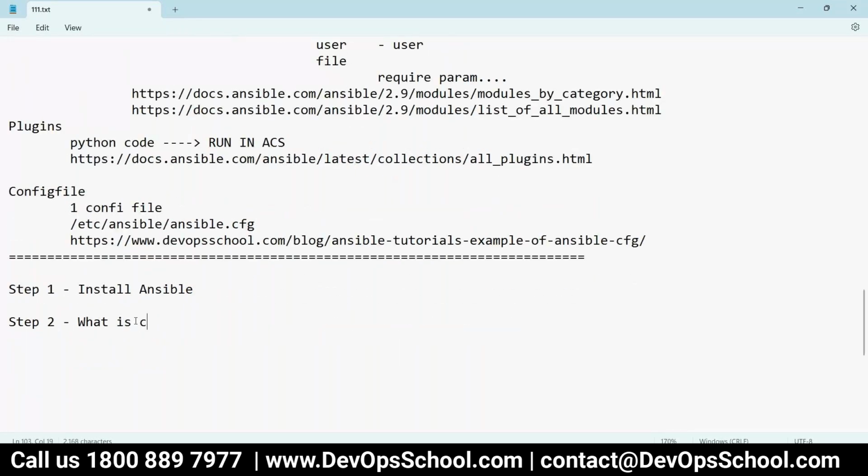In simple terms, what is your project? What do you want to do on hundreds of servers in one go, in parallel? What is your change requirement? Simply, a project. And step number three, start working on it.